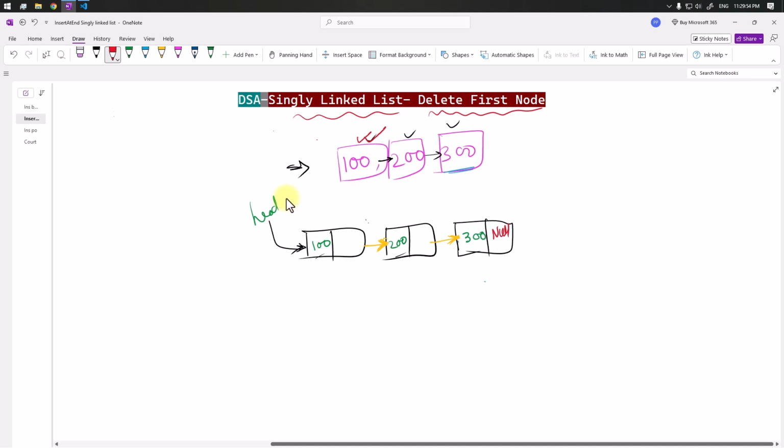So first of all, we have to check if the head is null or not. In a case where the head is null, that means the linked list is already empty, so we don't have to perform any kind of deletion. So once we're done with the checking and sure that there is at least one node in the linked list,